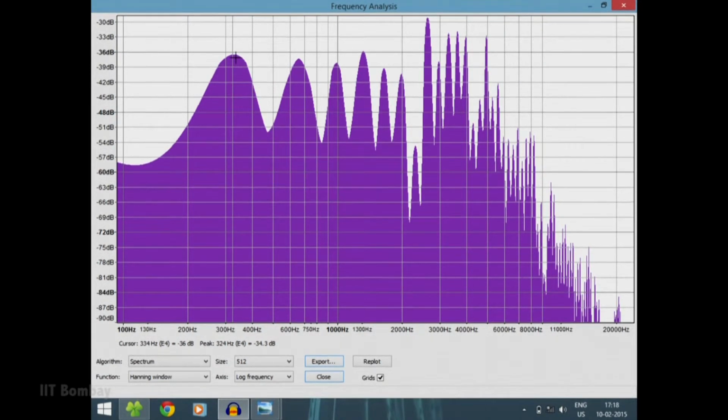That's one peak. The second harmonic is at E5, and you can see that I've moved the mouse there, and it's at double the frequency. The third harmonic is at B5, which is triple the frequency, and you can also see the values of each of these components. For example, E4 is at about minus 34 dB, E5 is at about minus 37 dB, and B5 is at about minus 35 dB, and so on. So this is the spectrum of the violin.